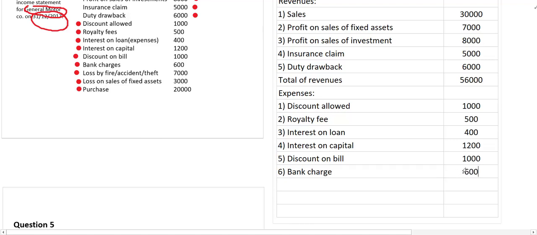How much did the bank charge? For example, 600 is the charge by the bank, right? So number 7 is the next one,